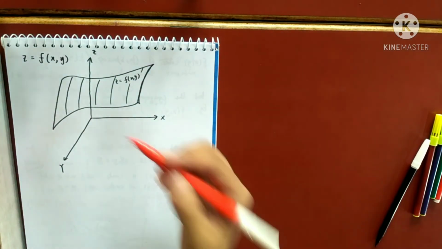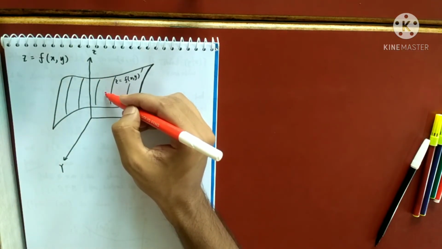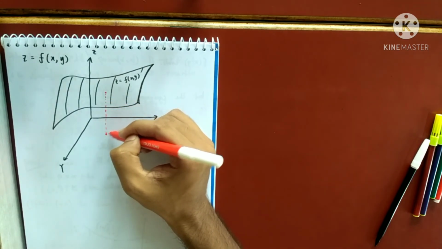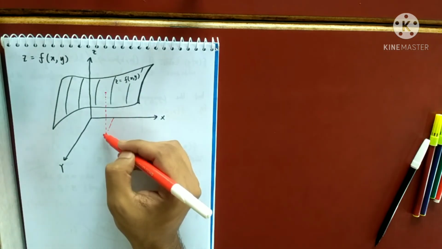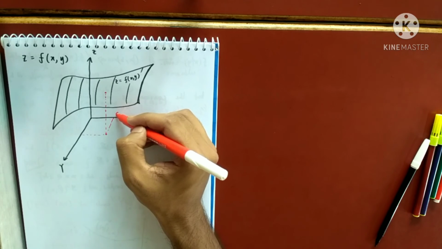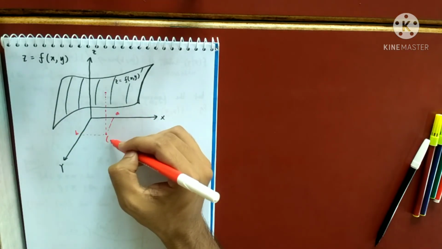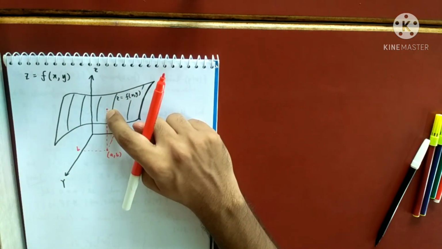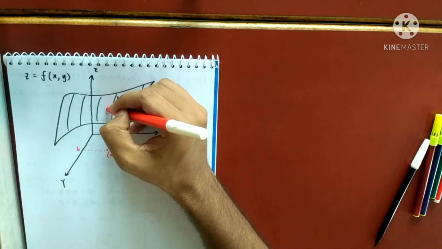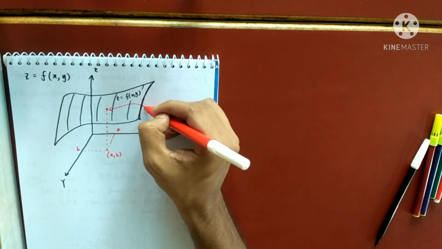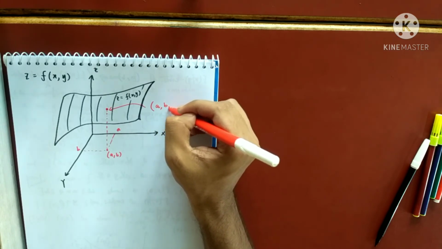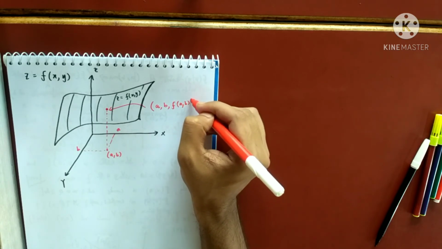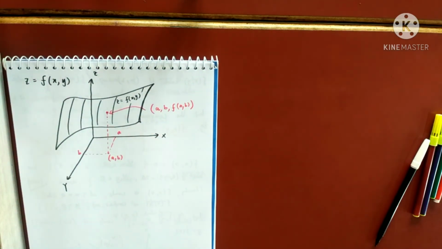Now what I mean by this point will give me... suppose this is A, this is B, so this point is (A, B). So this is the image corresponding to (A, B). This is actually a triple, I'll just write it here, a triple whose x coordinate is A, y coordinate is B, and the z coordinate will be the functional value at (A, B). Understood my point or no?